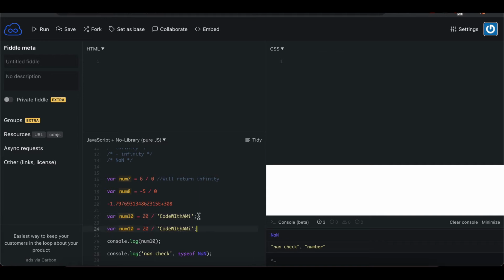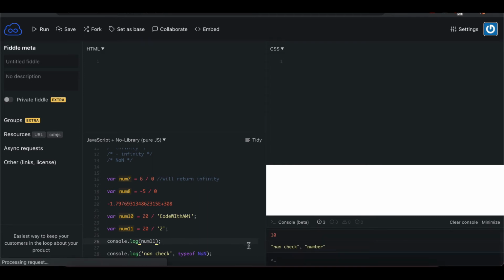Let's suppose we have num11, and if instead of this string I add here 10, or let's say I add 2 here, let's see what will happen.